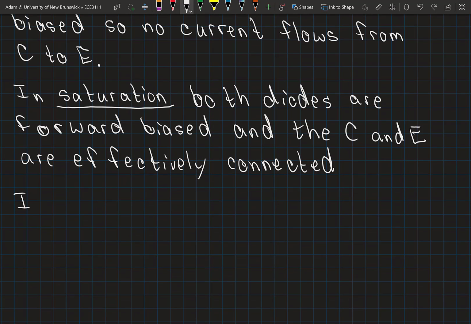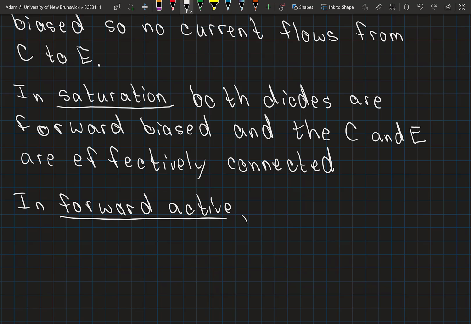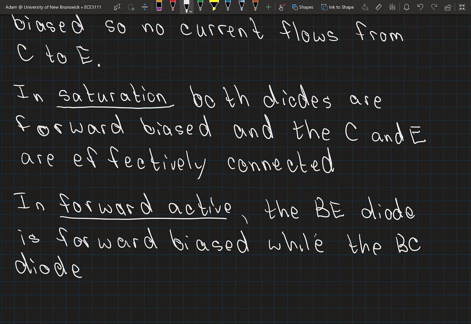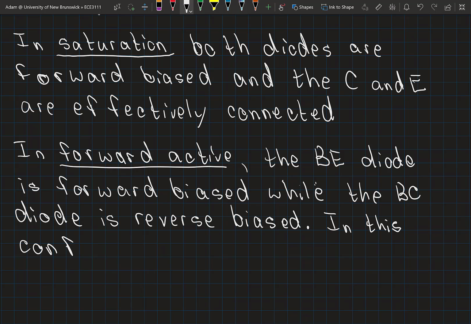Okay, and finally, in the mode that we said we'll spend the most time on, forward active. So in forward active mode, the base to emitter diode in our model is forward biased, while the base to collector diode is reverse biased. Okay. So in this mode, or in this configuration,